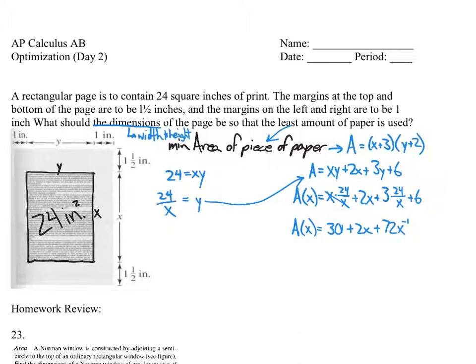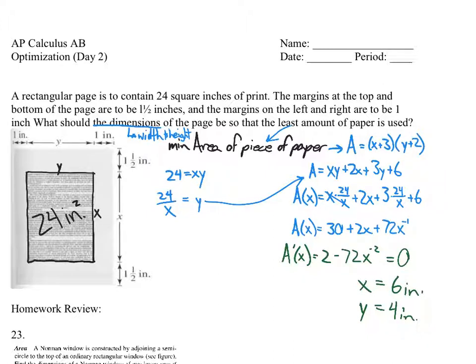Yes. Okay? Now, if I'm trying to minimize the amount of paper, I need to find the minimum point of this function. So that's where our derivative comes in. A prime is 2 minus 72x to the negative 2. You set that equal to 0 and you get x equal to 6 or negative 6, but you know it has to be positive. So if x is 6, that means y has to equal 4, and these are all in inches. So the dimensions of the page